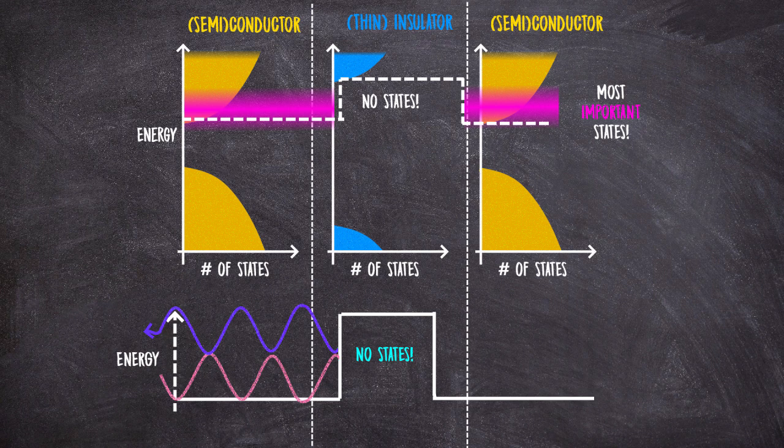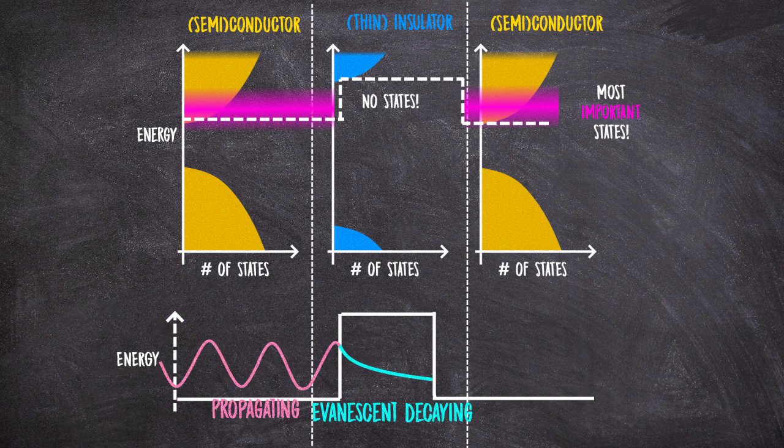Except, as we now understand, that doesn't mean that the concentration of electrons with that energy will actually abruptly become zero as we move into the insulating layer. No, our electrons are wavy things, and therefore in a situation like this, they will set up an evanescent field that leaks into the insulator. And if the insulator is physically very thin, then you can actually have a detectable electrical tunneling current conducted by electrons in these states, even though there were no states for them in the middle layer.